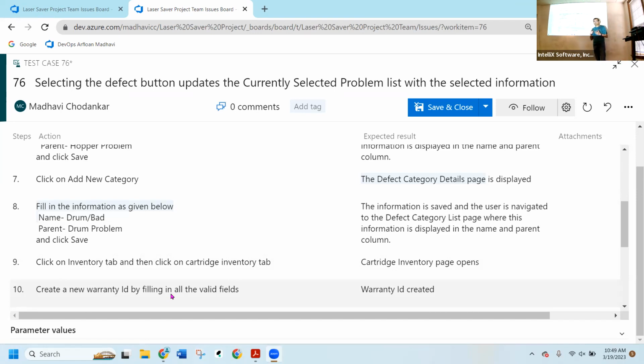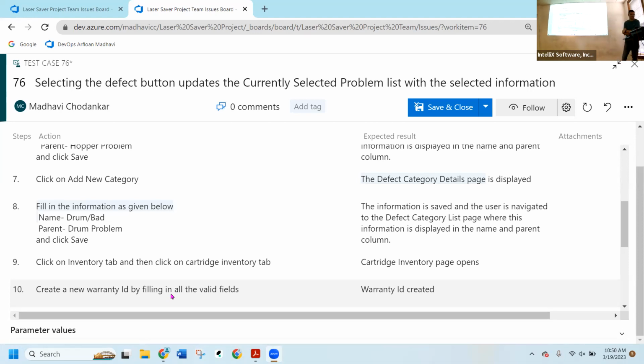I would think it differently. If there is no dependency here, then you probably don't need to go and create the warranty ID. You can simply test this functionality and see if it's populating that is correct. But we discussed how he told that we can ask the BA whether it's required or not, right? There is no dependency, but I'm clarifying, there is no dependency. Because I think that's the only